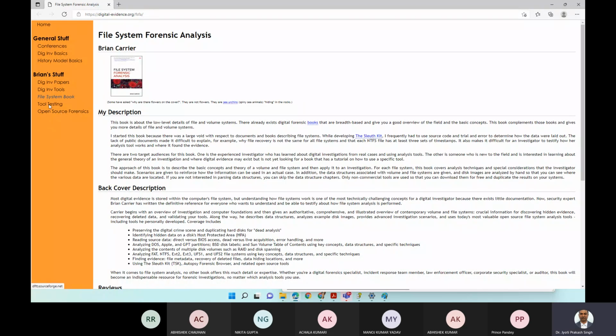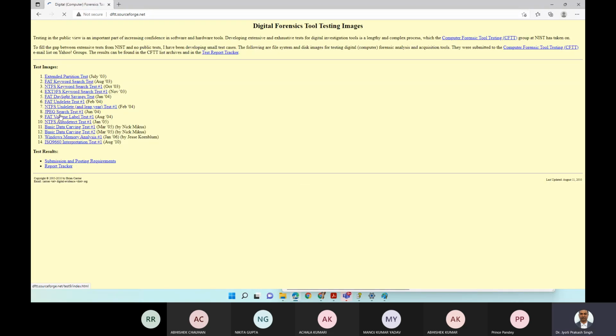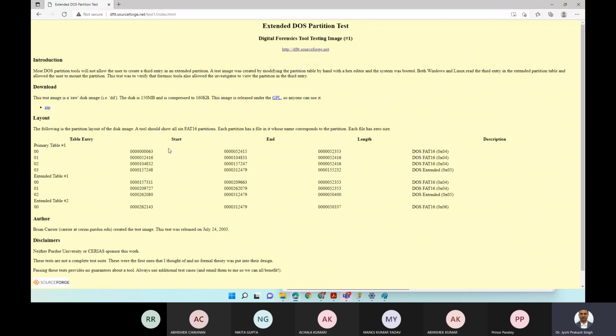एंड देन टूल टेस्टिंग। सो देखो यहाँ पे है एक्सटेंडेड पार्टीशन टेस्ट, यू कैन डाउनलोड दिस, ये इमेज डाउनलोड कर सकते हो। ठीक है, 150 MB से 160 MB के आसपास है, ये डाउनलोड कर सकते हो। और यहाँ पे जो अभी हम लोग आज डिस्कस किए कि प्राइमरी टेबल एक्सटेंडेड टेबल कहाँ से, यहाँ पे ये भी दिया हुआ है, डिस्कशंस भी दिया हुआ है कि MS-DOS पार्टीशन को हम लोग कैसे करेंगे। सो माय सजेशन विल बी कि डाउनलोड ऑल दिस